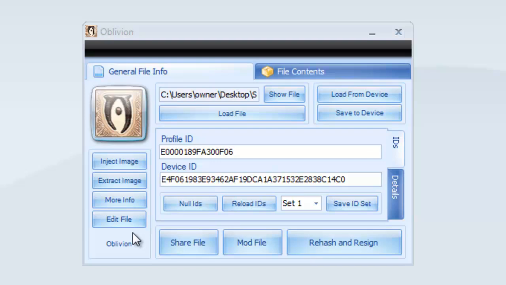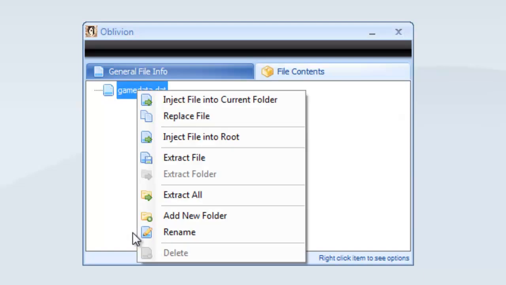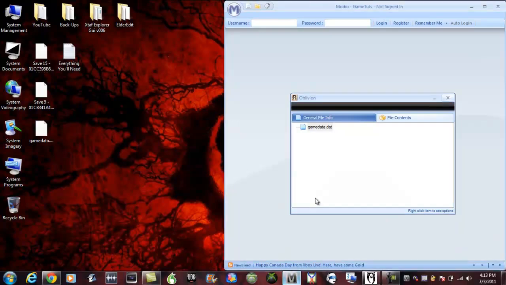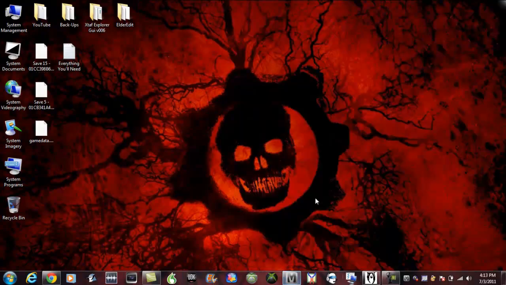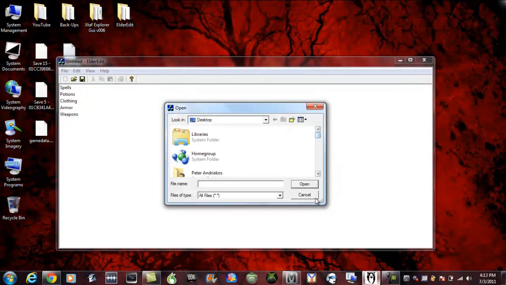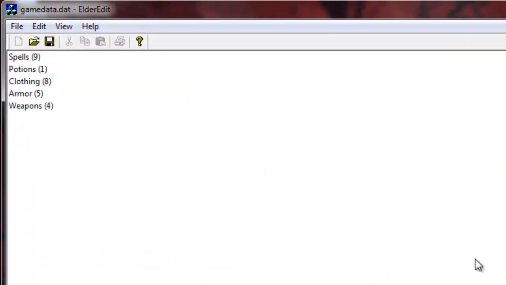But just go to File Contents and extract this file to your desktop. I've already gone and done it. So once you've done that, X out, minimize Audio again. Open up your Elder Edit, and then open up that data. Now you can see all the custom weapons, spells, and potions that you've made, and you can edit them as you will. So, say for a spell,